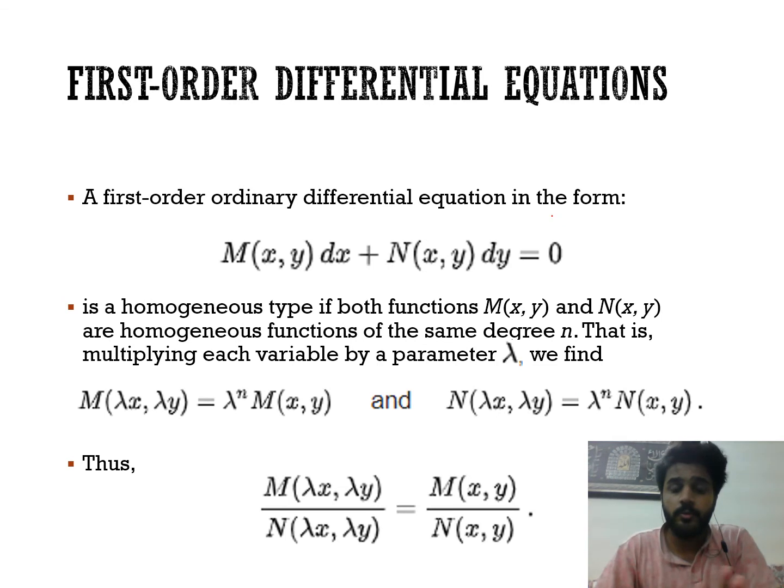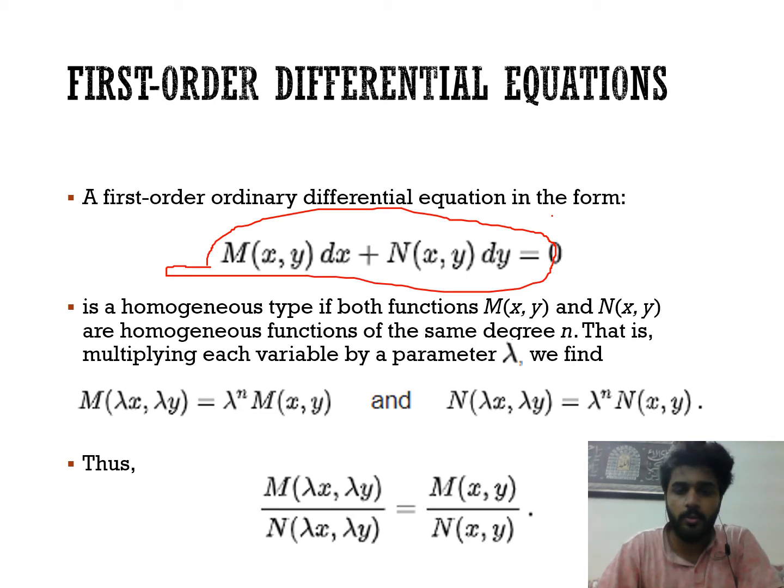Move on to the homogeneous first order differential equation. We can say homogeneous first order differential equation or first degree equation also. A first order differential equation can be stated in the form M of x,y with respect to d of x plus N of x,y with respect to d of y equals 0. Equals 0 means that it is a homogeneous equation because it satisfies the condition that the right hand side will always be equal to 0.